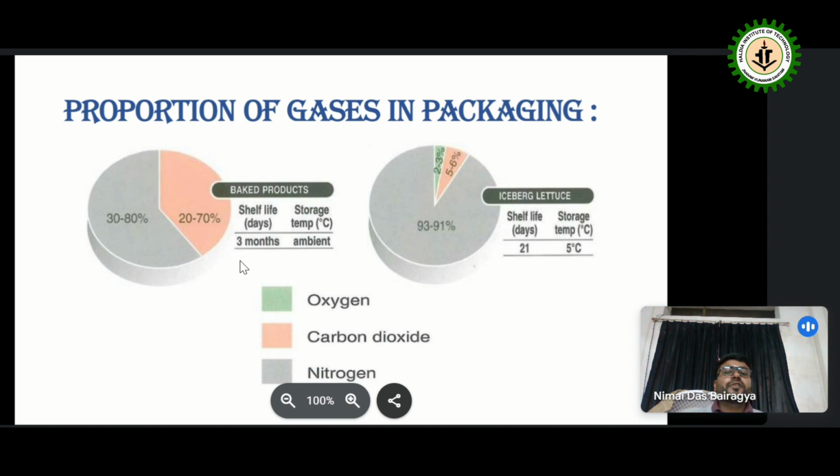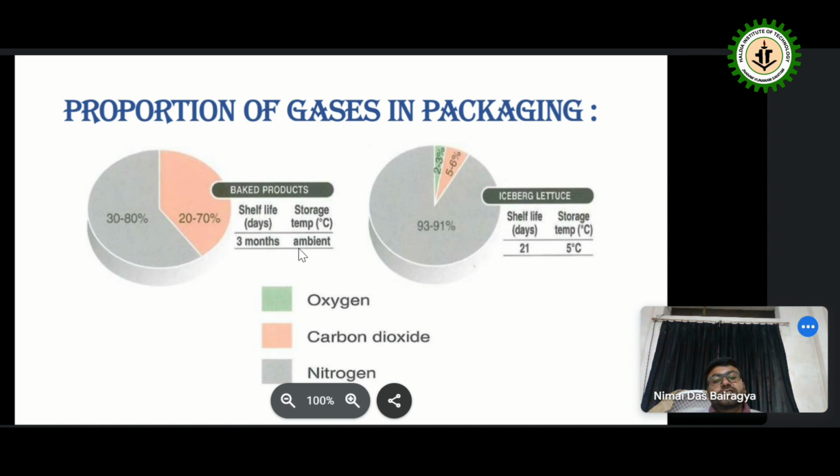So the shelf life will be 3 months, and the temperature will be the ambient temperature, room temperature. If we keep the bakery product at room temperature, with the combination of gases of 30 to 80% nitrogen and 20 to 70% carbon dioxide, then it can survive for 3 months